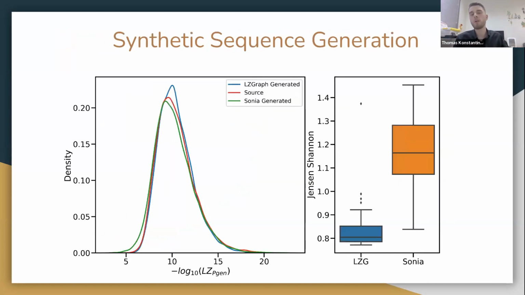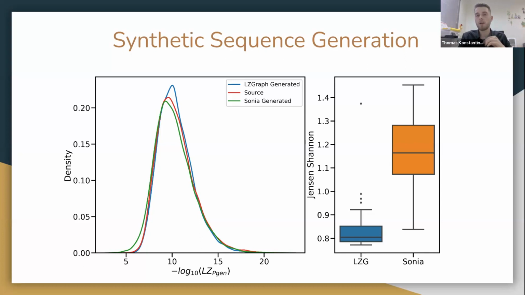Now, slightly connecting to what Guillermo mentioned about synthetic sequences and generation, we also compared the ability of generating sequences using the LZGraph, which intuitively should sound really simple as we have those different sub-patterns and the positional information connected to them, and a really dense graph that we can just walk on. We can just take a walk on this graph and get a random sequence which should resemble, and does resemble, the statistical properties of its source repertoire. And that's exactly what we showed.